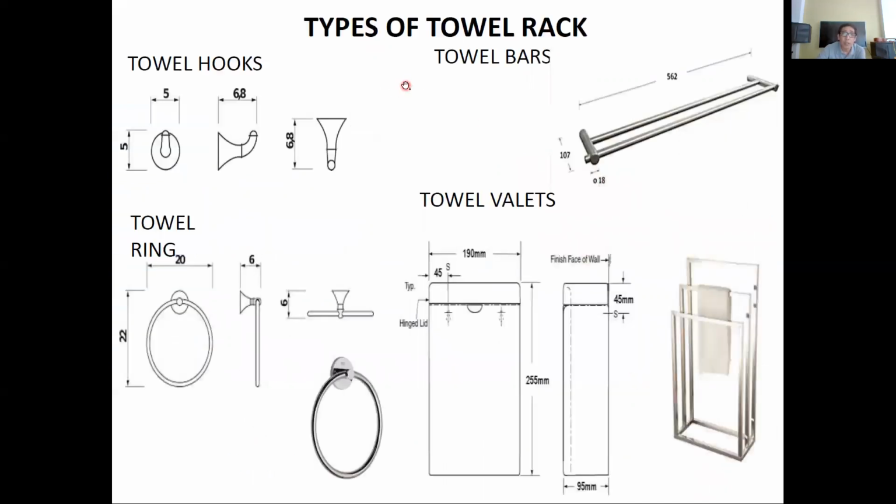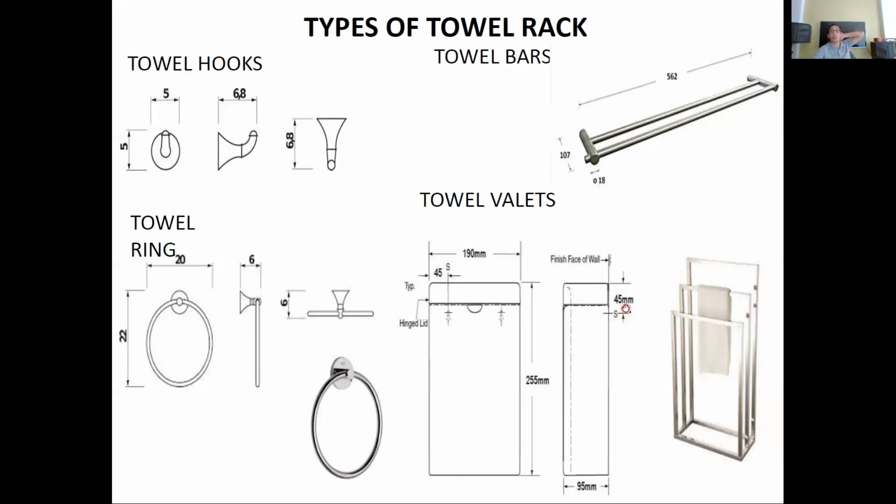So these are different types of rack. We have the towel hooks, and we have the towel ring. This is the different dimensions of the towel ring, in centimeters. So we have the towel valleys, like this one, and we have the towel racks.